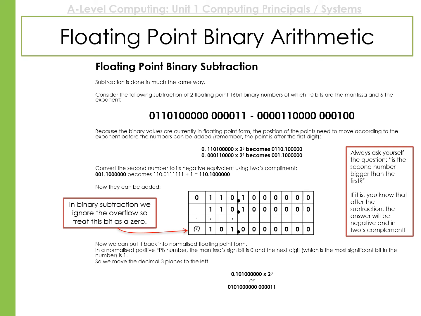So in a normalized floating point binary number, remember the mantissa sign is 0 and the next digit is the number 1. So this becomes 0.101 times 2 to the power of 3, or 0101. Then we have a significant amount of zeros, and remember our exponent then becomes 000011, because that's how we